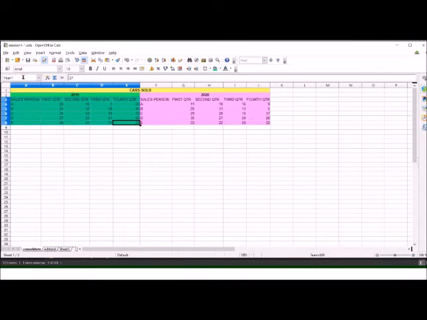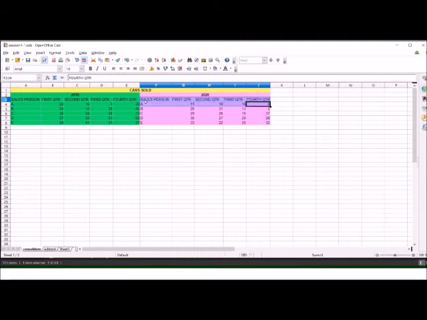Now we will select this second range which starts from F3 and give some name to this range also. For this again we will select this range and give it the name, say year 2, like this.